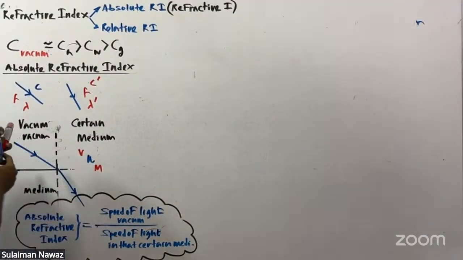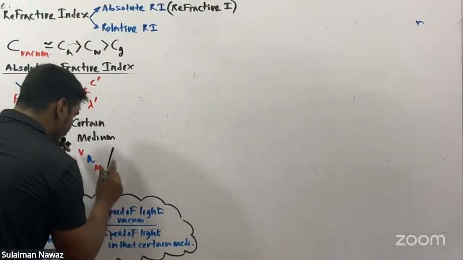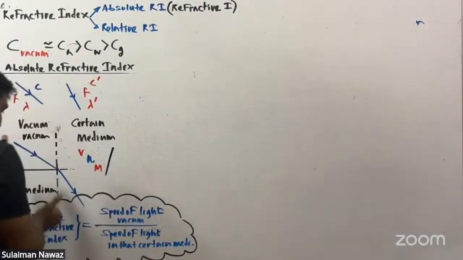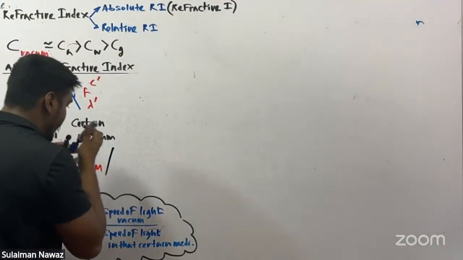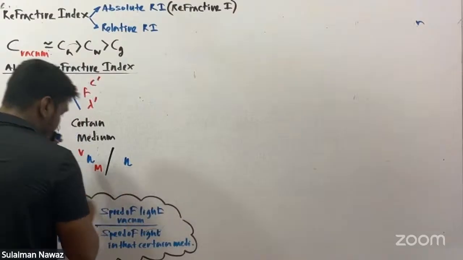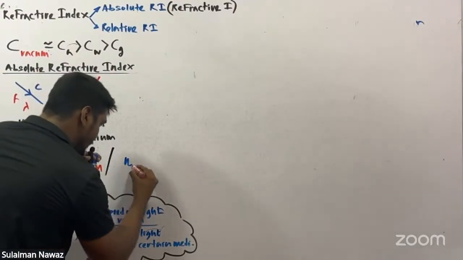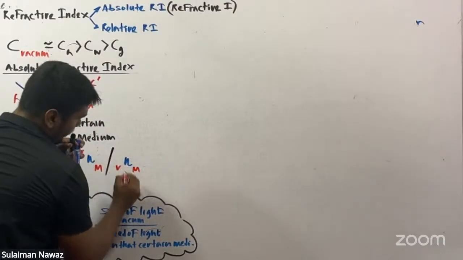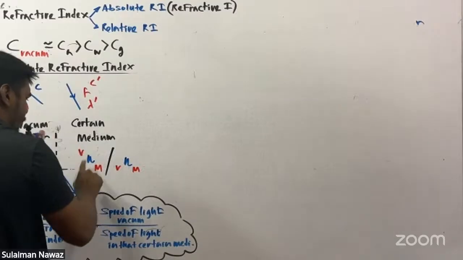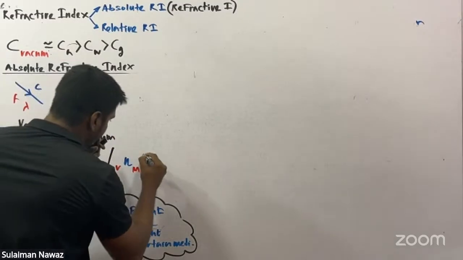This is one way of representing the absolute refractive index of this medium. If not, we can use another symbol. Sometimes we write the absolute refractive index of a certain medium, capital M, relative to vacuum, and we can write V somewhere here. But normally we are not using these two symbols. What we are mainly using is, look here,